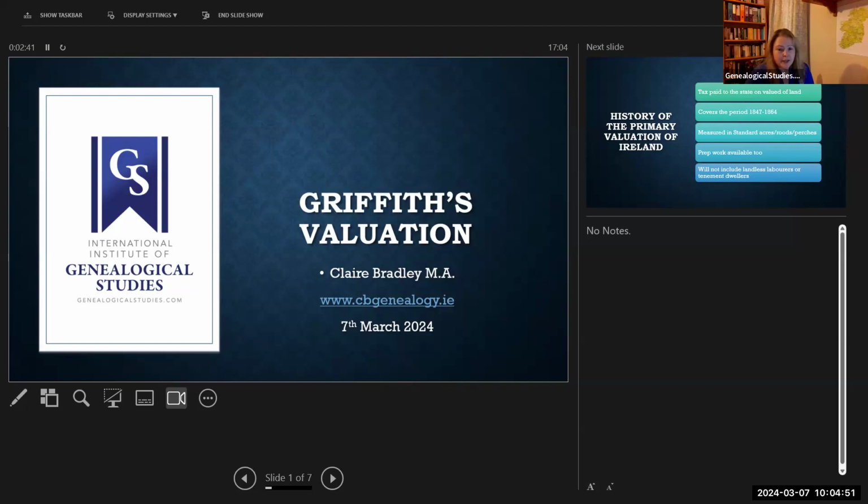And that's because they only had a certain number of men, and of course they were all men, going around valuing the land, talking to the people who lived on it, and so on. And then as they completed each area, they'd move on to the next area. And so the publication dates for Griffith's valuation cover 1847 to 1864. So you see different dates on individual locations, and that date is important because if you find someone you think is your ancestor on Griffith's valuation and they're there in 1848, well then you've got a date much earlier than the civil records cover, and maybe you can tie that into some parish records or something else.